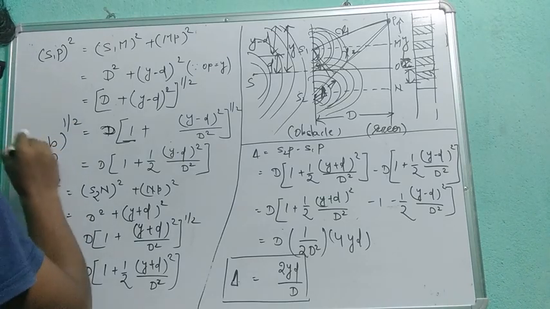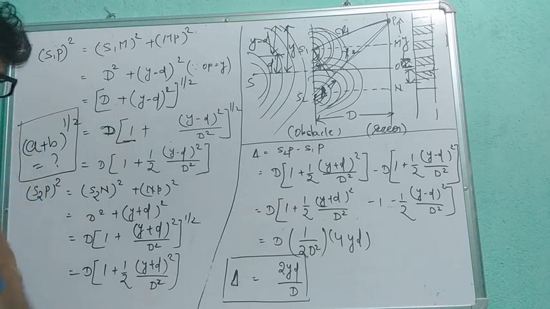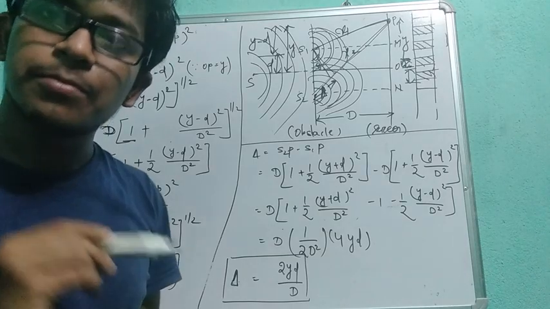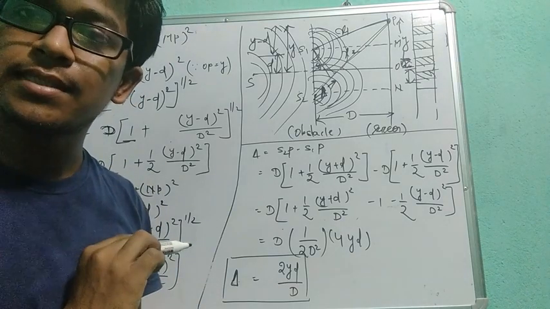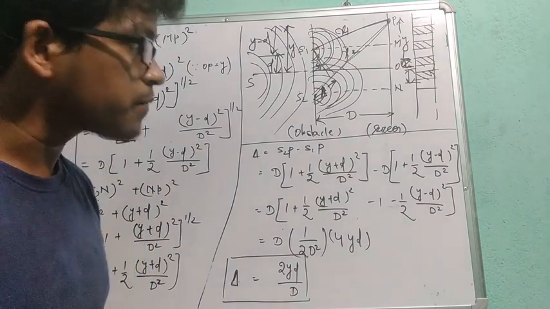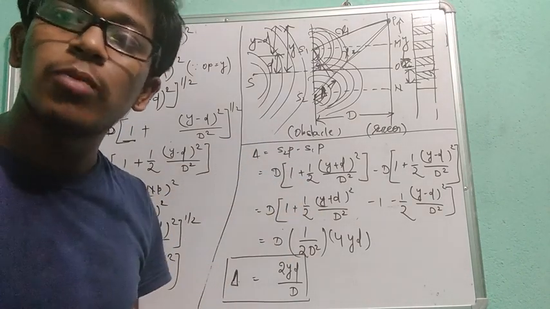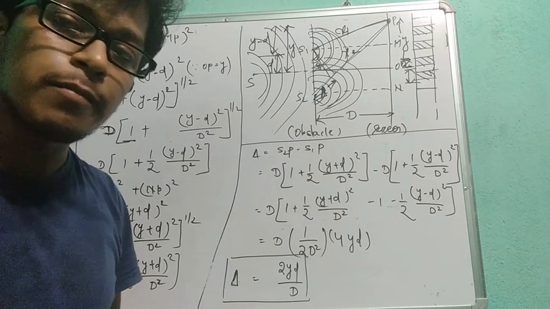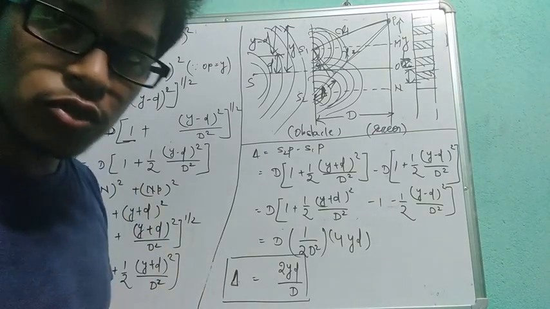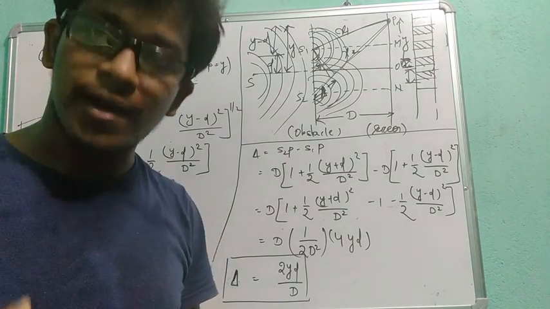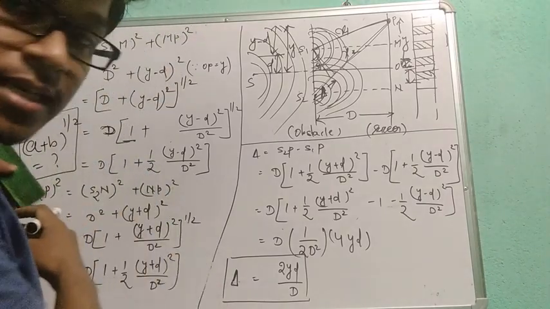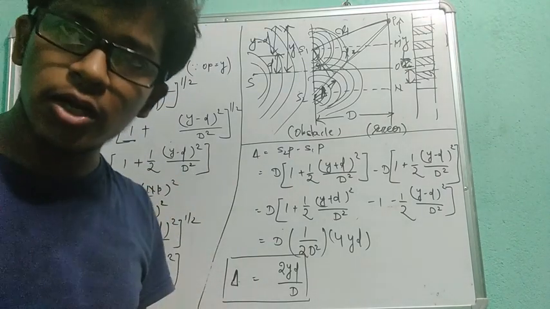How much? It's your duty, students. Go to your plus 2 math if you don't remember and try to remember these things. If you are forgetting also, stick this formula on your wall. Every day watch this formula. You have to remember anyhow. As a physics student, don't think you will get everything conceptually. You have to mug up something. And these are easy things. By practicing only you can remember these things.